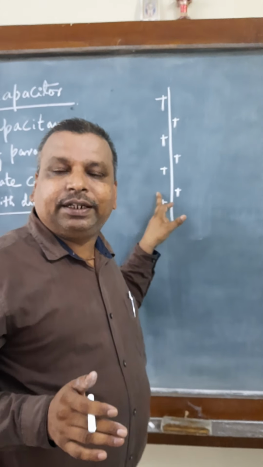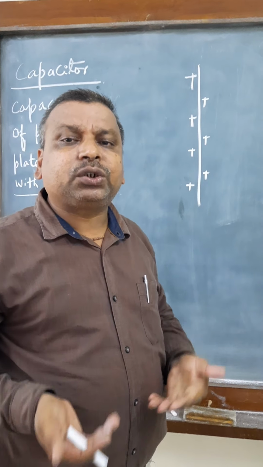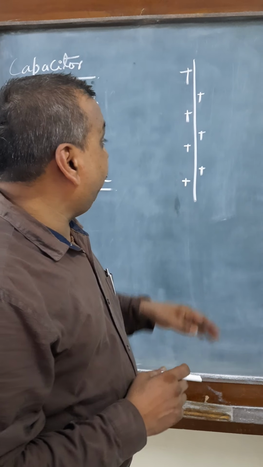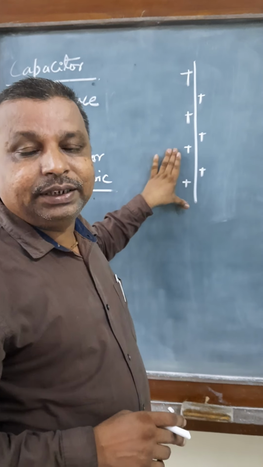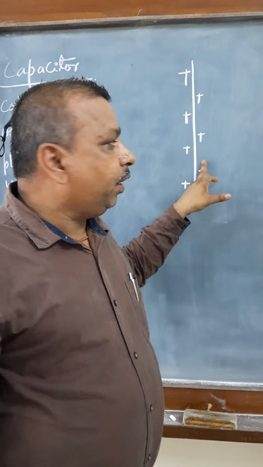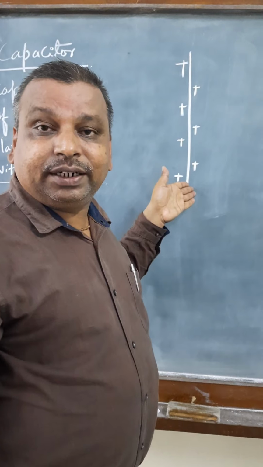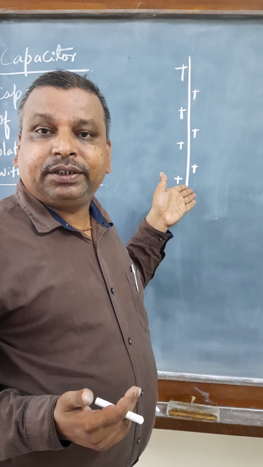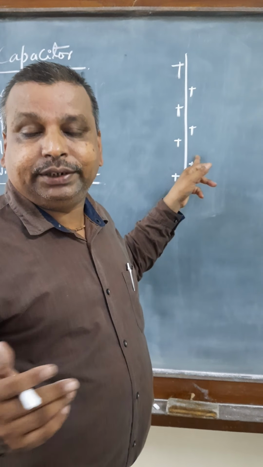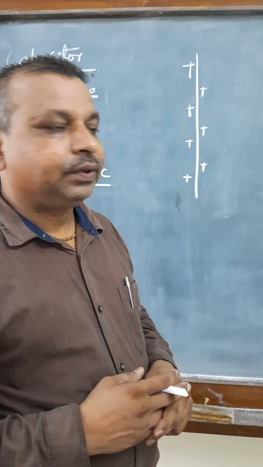As I stated earlier, a capacitor is a device which can be used to store electric energy in the form of electric field. So what happens to a conductor when charges are given to it? Its potential increases. If we keep on providing charge to a conductor, a limit comes when the medium surrounding this conductor begins to ionize. After that, we cannot provide charge to the conductor.